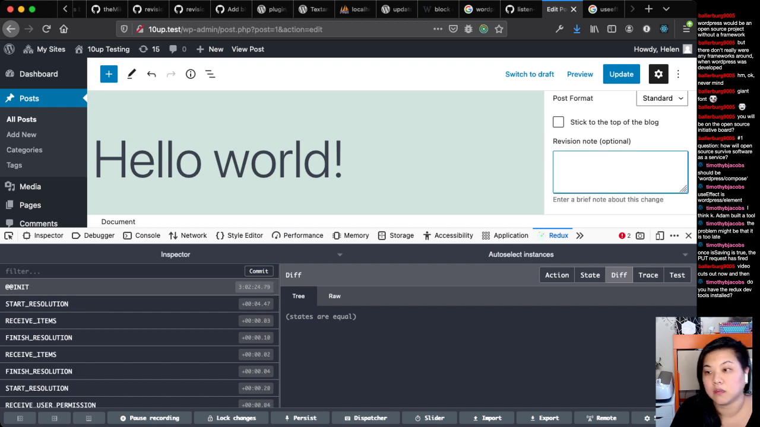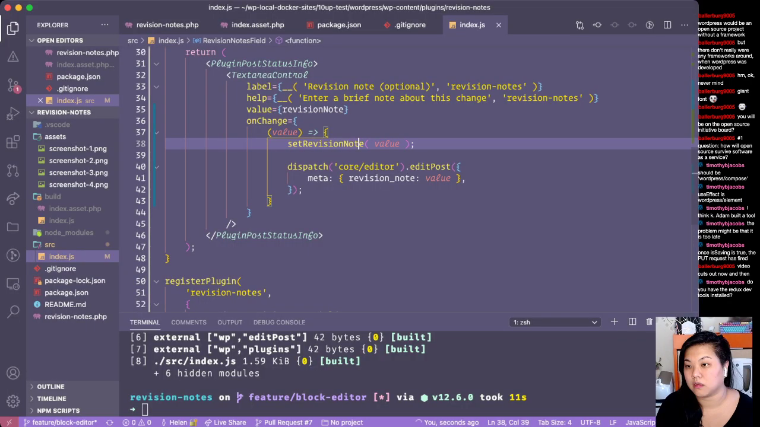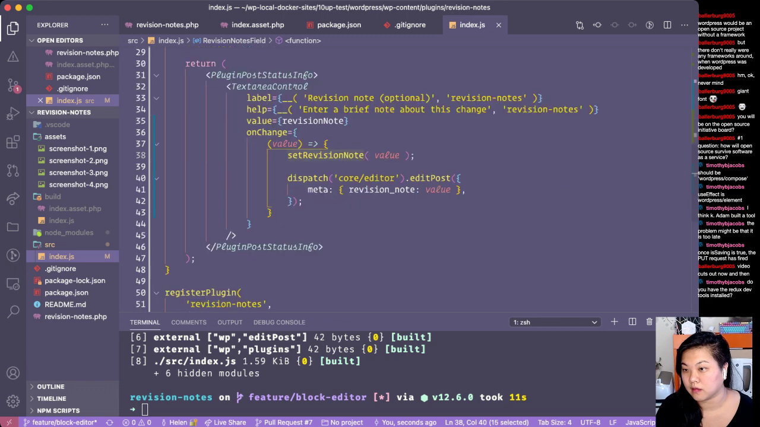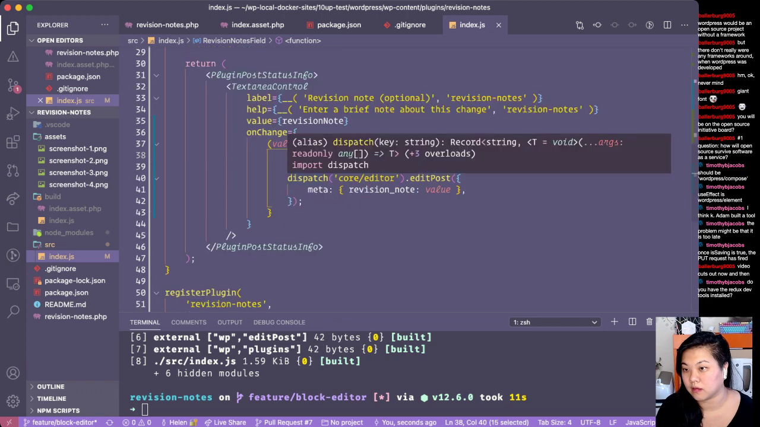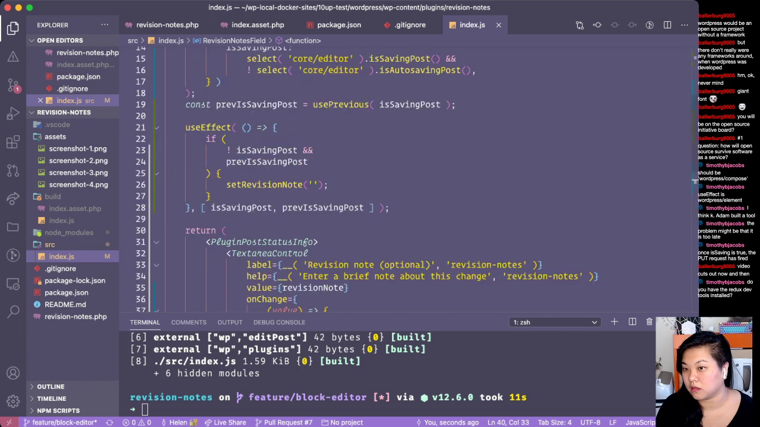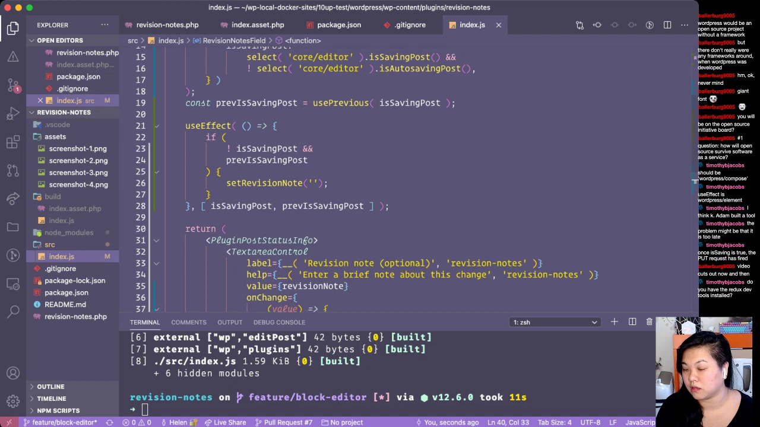I don't understand why setting the state. So we set the state here, and then we dispatch it. Or maybe this means it's, oh, well, okay. Actually, maybe this is too early. So it's actually clearing the revision note. But